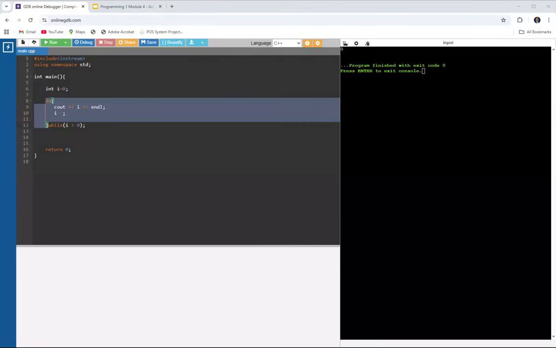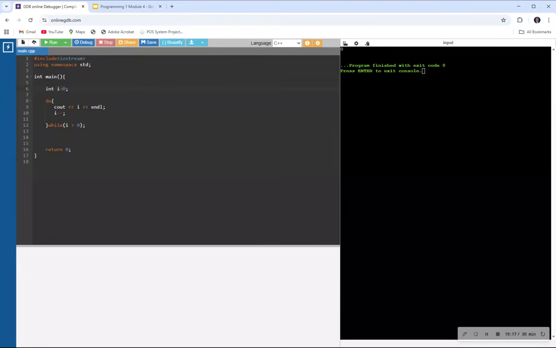So let's implement an example of a menu. What will be placed inside your do block will be a series of cout and cin. So cout, what will be printed here is, for example, 1 for